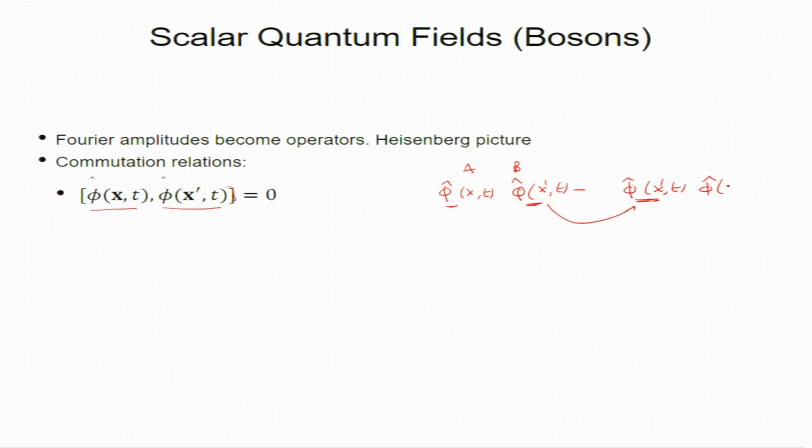It turns out that phi and phi commute. These are two different operators, right? This is at x and this is at x prime. So, this is 0; that they commute is a postulate,